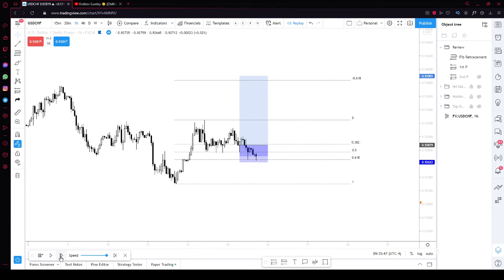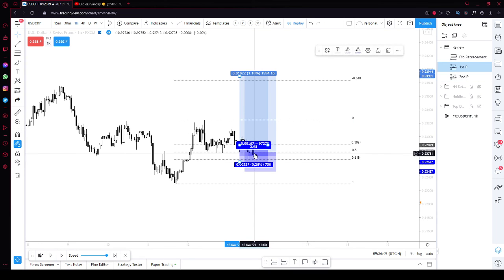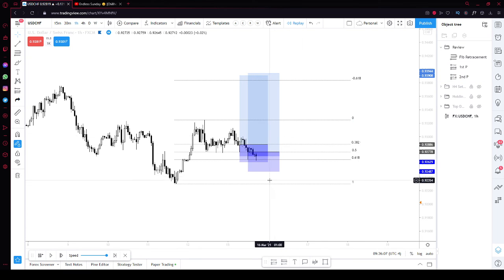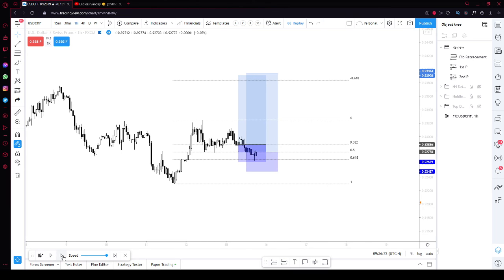So we're going to see price scale down to my 61.8 level, which is a prime area that I look for entry as well. And at this point I actually did enter a second time. Once price got to here, on this next candle, and gave me an entry pattern, I was basically looking for the same thing. You can see my target's pretty much set in the same area, and as price continued, it just kept scaling down.